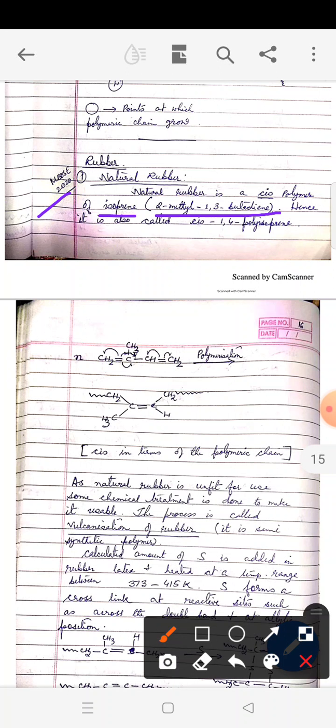Let's begin with the word root. But means 4 carbons, 1, 2, 3, 4. Diene means 2 double bonds, at 1 position and 3 position. So at 1 position we have a double bond, at 3 position we have another double bond, between 1 and 2 and between 3 and 4. And what is the location of the methyl group? The methyl group is in the 2 position. So you can see here at 2 position we have a methyl group. So this is called isoprene, and since it is an unsaturated hydrocarbon, it will undergo free radical polymerization.